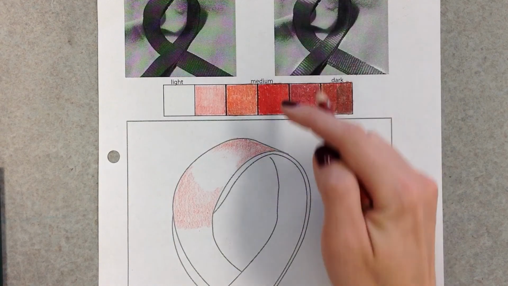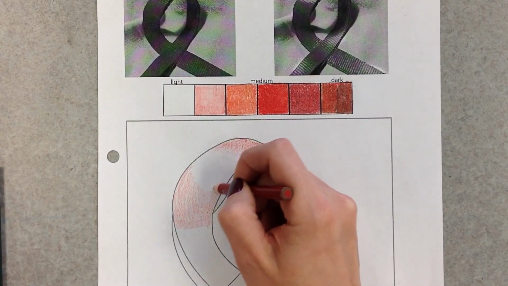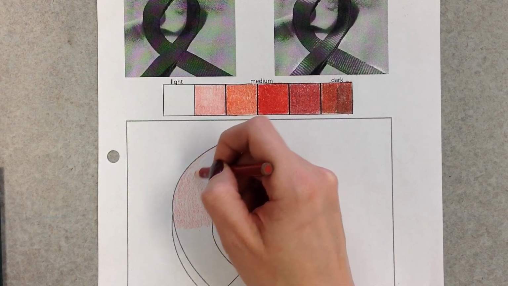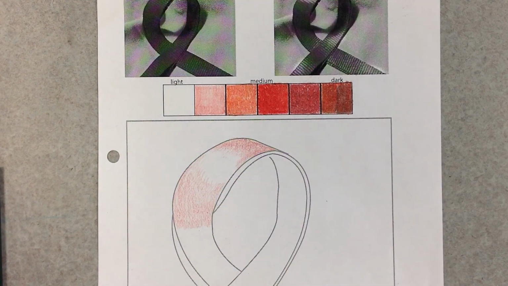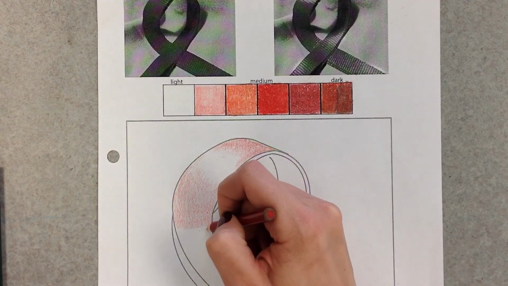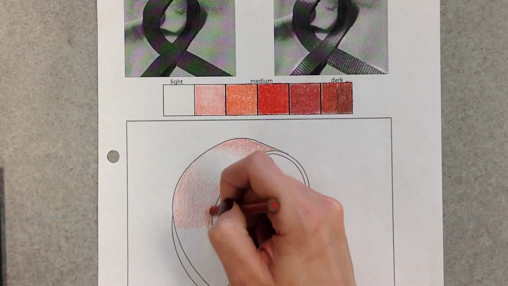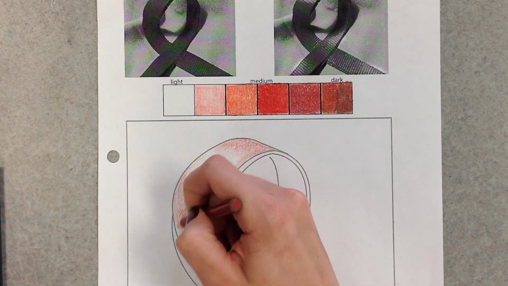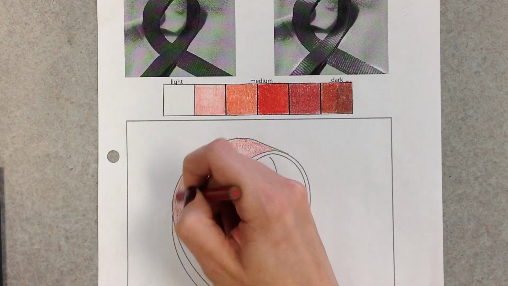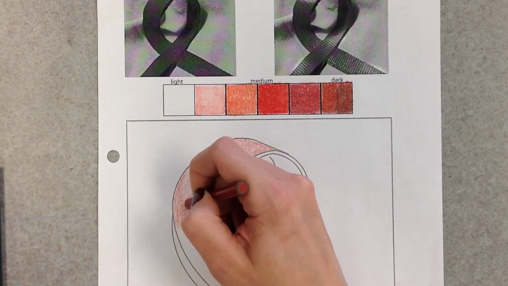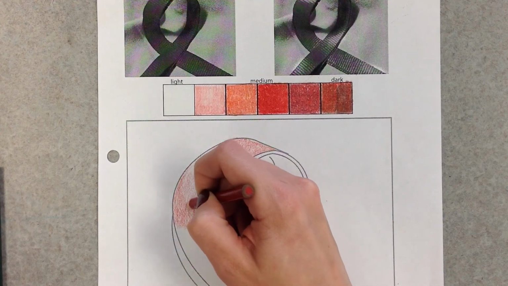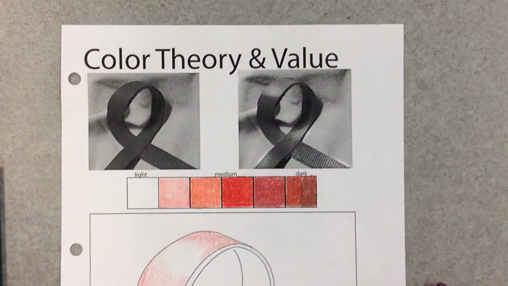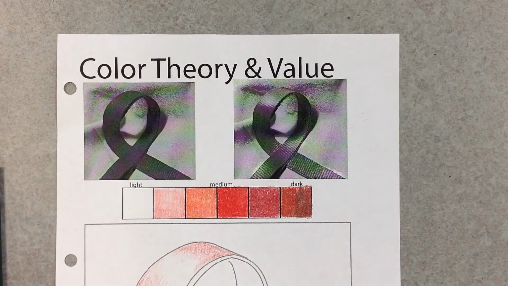So as I get closer to this area, I'm going to use less and less pressure, and I'm going to let that die off before I get too close. I can come back down here and add a little bit more pigment to my darker area. And I want to look really closely at the shapes that I see in my value. If I zoom in,